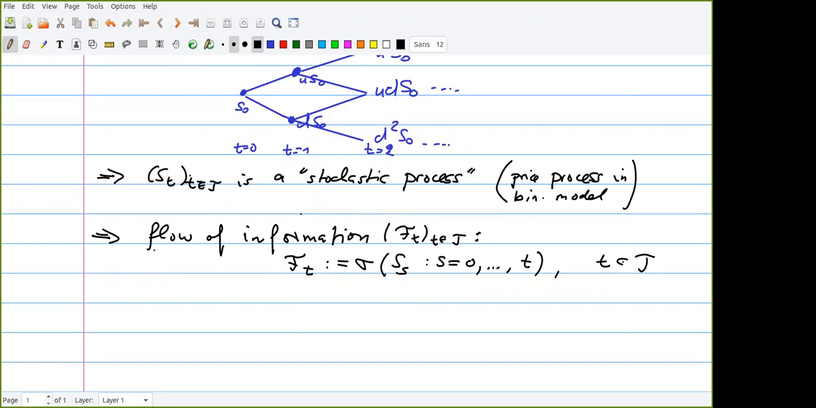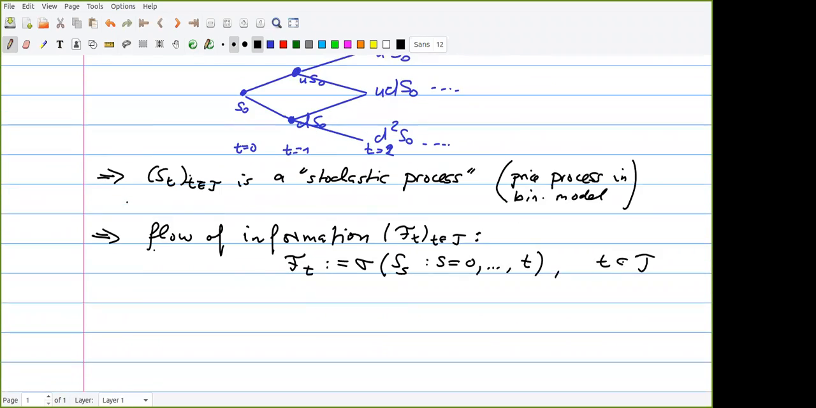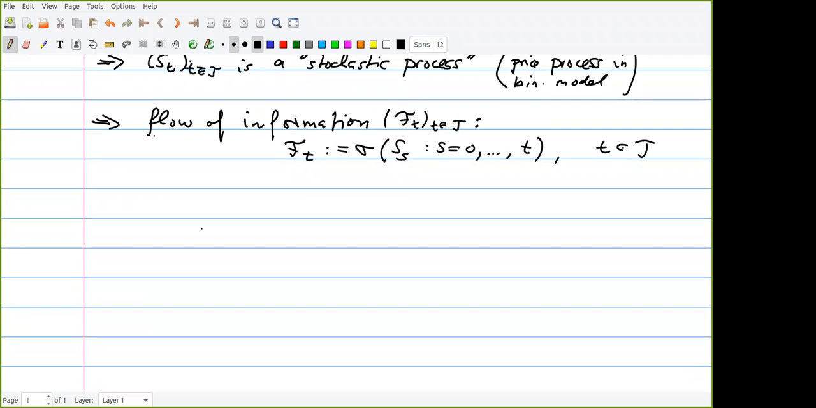And now we want to make this idea of a stochastic process and of this information flow more general. This is done in the next definition. Okay, so that's Definition 2.13. So first, a family of